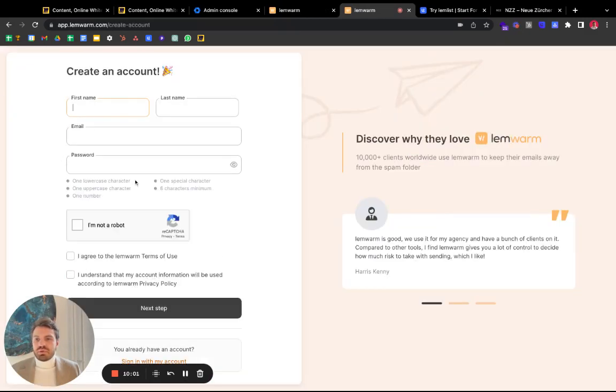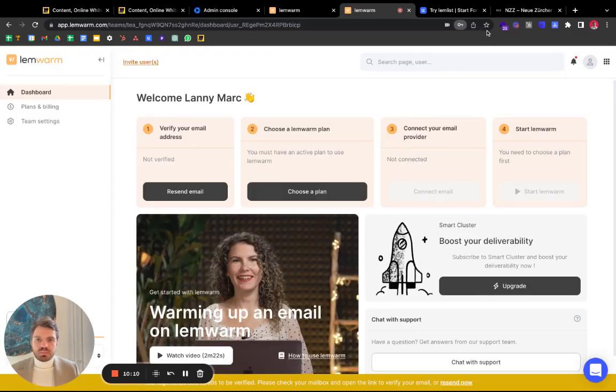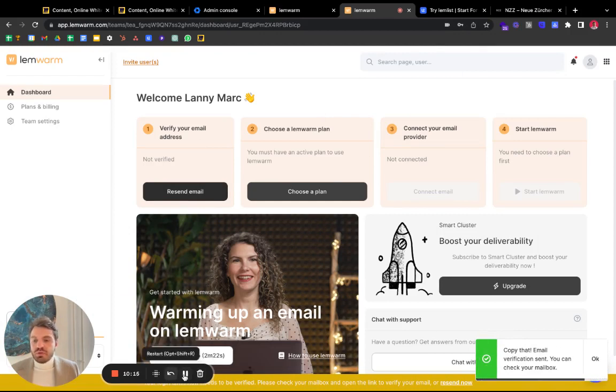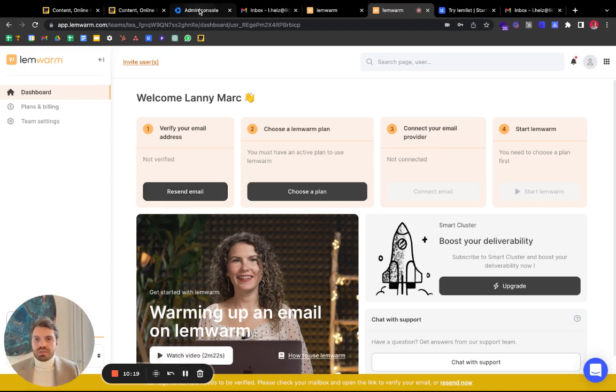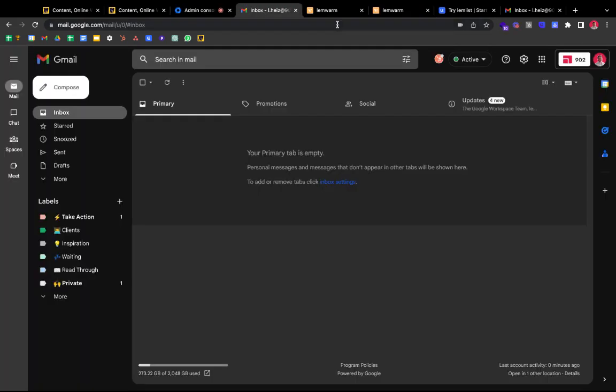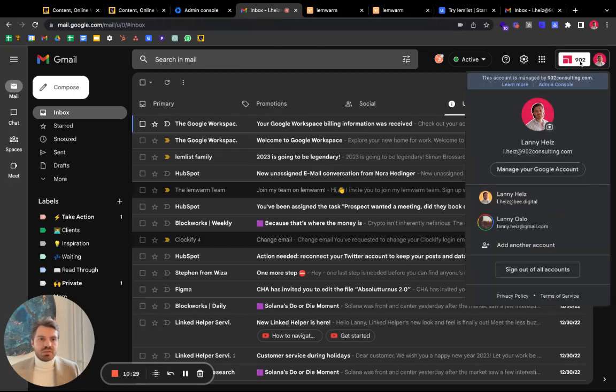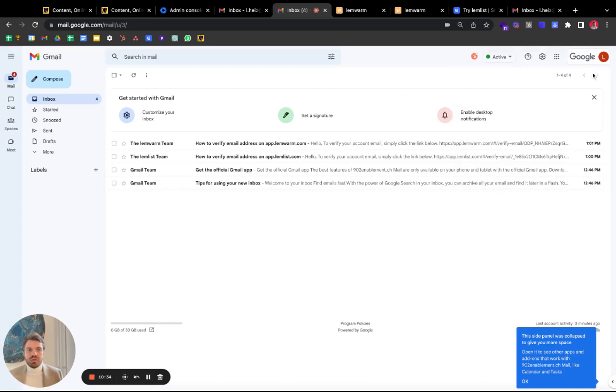And then you want to sign up and fill in the details, and then go next step, and then you want to verify your email. That's if you use your new email, then it will be sent there, obviously. So you can access that through the admin console, go through the 3 dots, and then to the Gmail. Exactly, that's my primary, so I have to add another account. So then you're in the normal Gmail